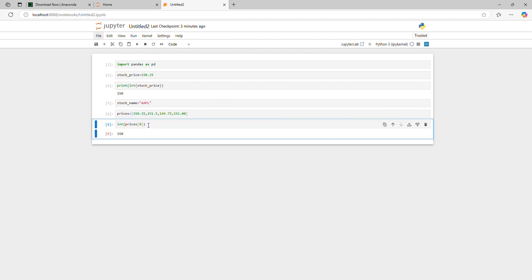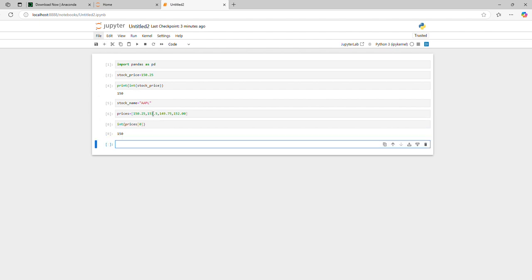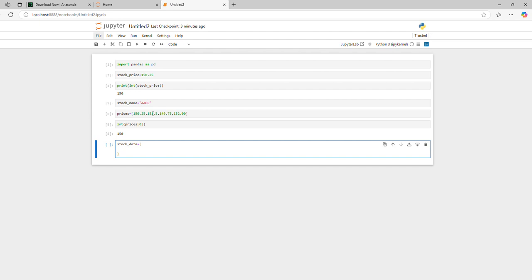Okay, now we will understand how dictionaries work. So in dictionaries, let's say stock data is a dictionary. Here we use curly braces to store the values in a dictionary. So say the name of a stock is Apple,